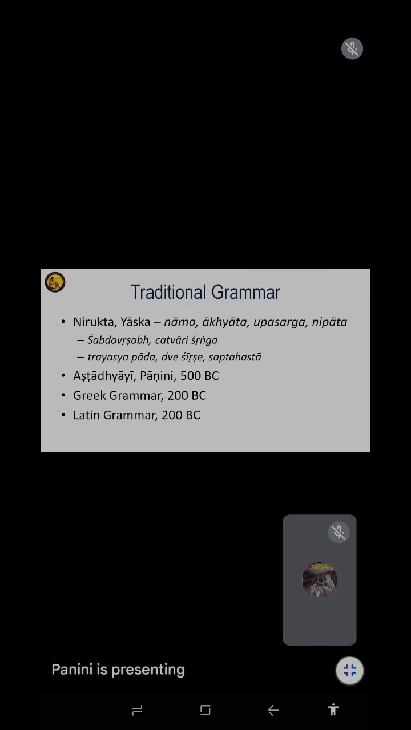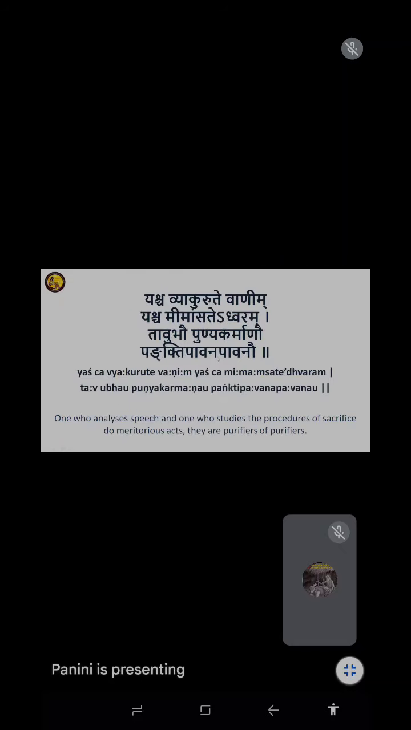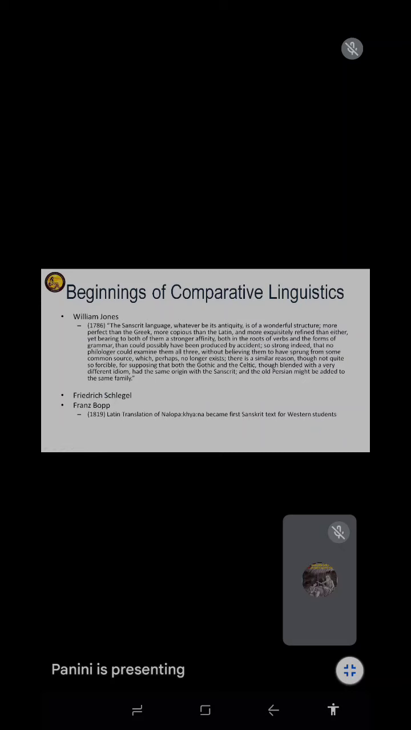So Sir William Jones first made this statement that Sanskrit has a wonderful structure, and it has a close affinity with Greek and Latin. All three must have come from a common source. So these things gave rise to this idea, and when he made this statement, scholars like Frederick Schlegel